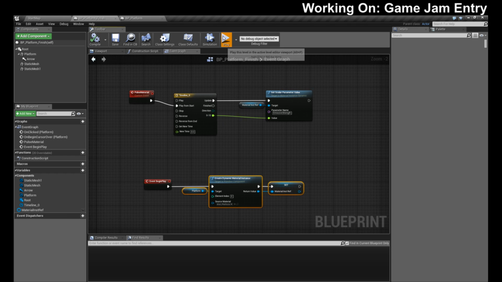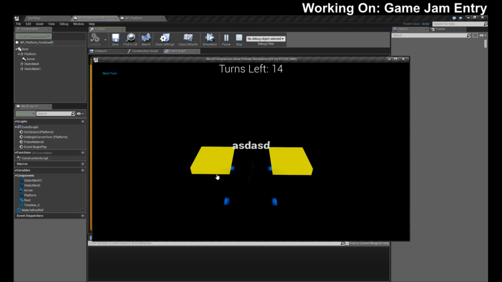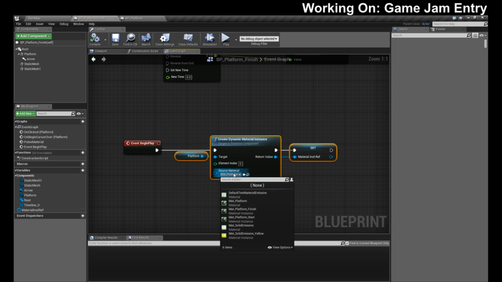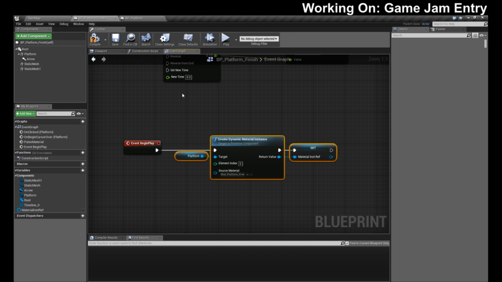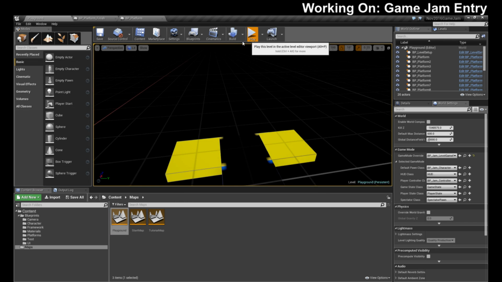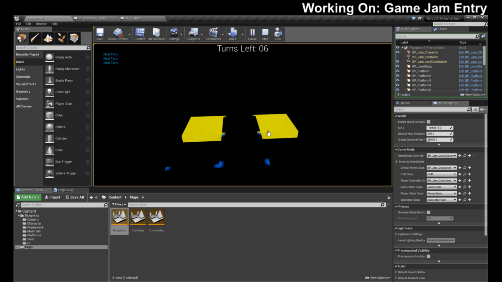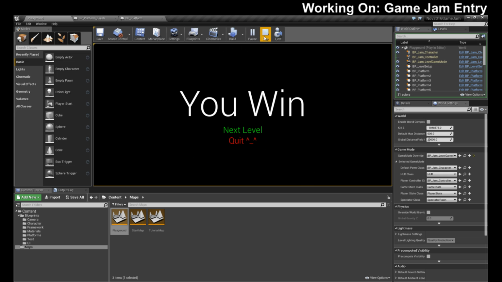And let's see if that works for the last one, shall we? It does not, and we have blue. Oh, because I told it to create it from material platform rather than material platform finish. Okay, let's go back to our playground. There we go. Should have done the test one. There we go. Okay, so we still have an issue.